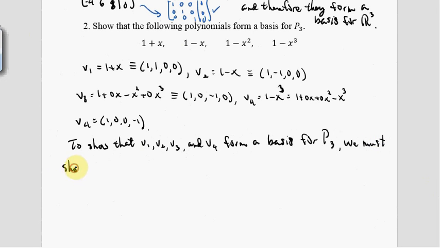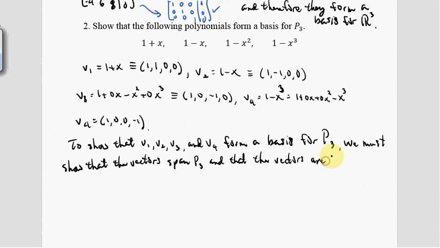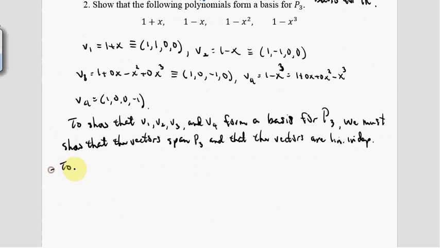We must show that the vectors span P3 and that the vectors are linearly independent. Okay. To show that the vectors span P3,